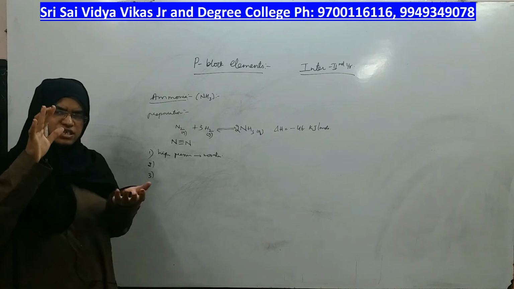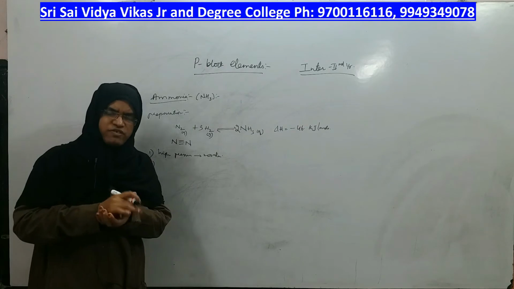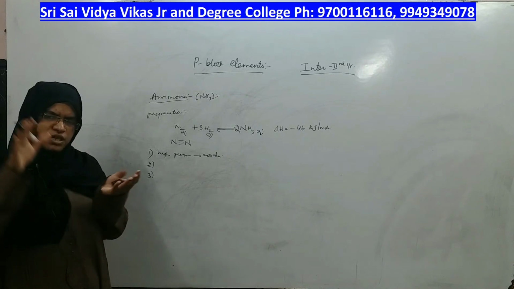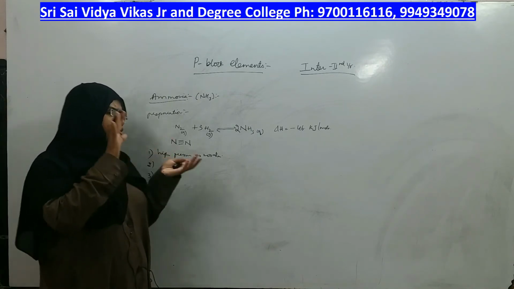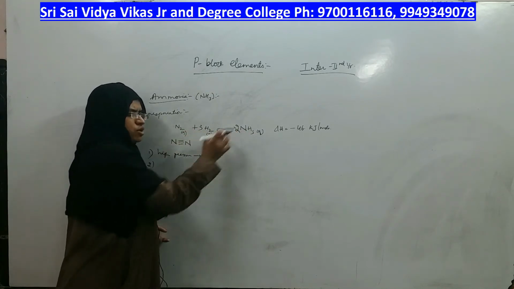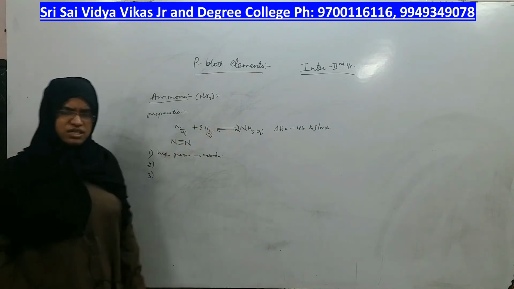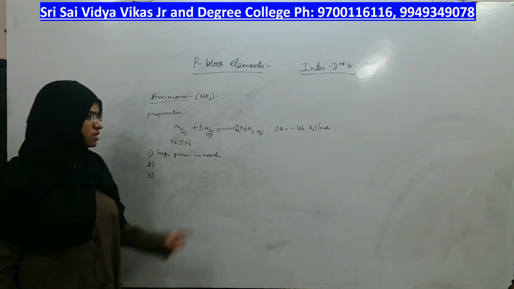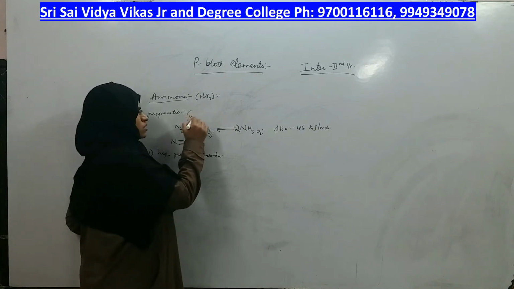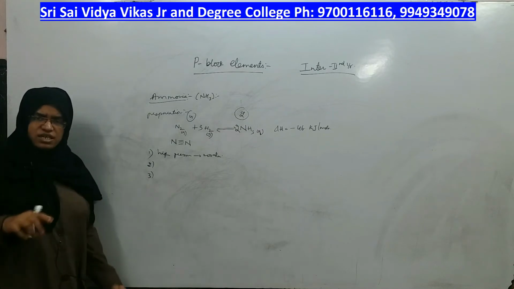Suppose I take a spring. If I don't apply high pressure, will it get reduced? No. Will it give a different shape of spring? No. Therefore, to get a different shape of spring, you have to apply more pressure. Same way, if you apply more pressure, then only both of them react to give you this product, because the volume is getting decreased, therefore pressure has to increase, and that is according to Le Chatelier's principle. How is volume decreasing? 1 molecule plus 3 molecules, total 4 moles on the reactant side and only 2 moles on the product side. That means volume is decreasing.